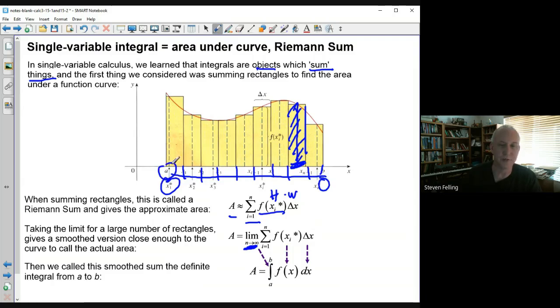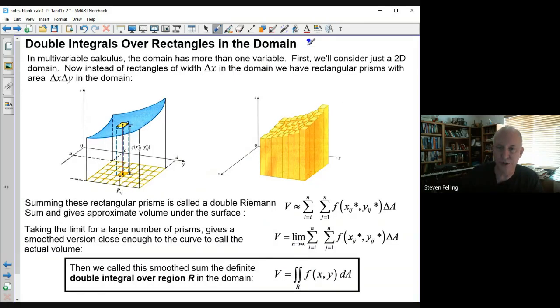Integral from a to b of some function value times dx, and the delta x becomes the differential dx. But what we're doing is finding a whole bunch of little areas of rectangles summed up, right? All right, so if we had a multivariable function where z is a function of, we'll consider first